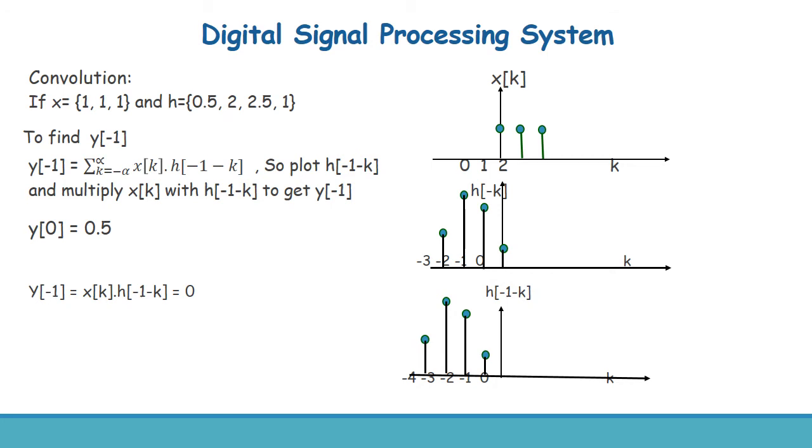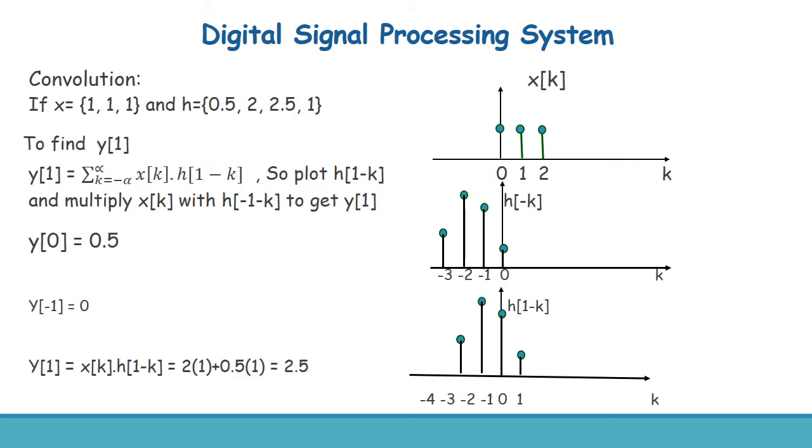And if I substitute n equal to minus 2, the plot will shift further towards the left. So any value beyond minus 1, minus 2, minus 3, everything else will be 0. So you don't have to substitute any more values. Now you can substitute positive values for n. Let's see what happens. y of 0 is 0.5, y of minus 1 we know is 0, and y of 1